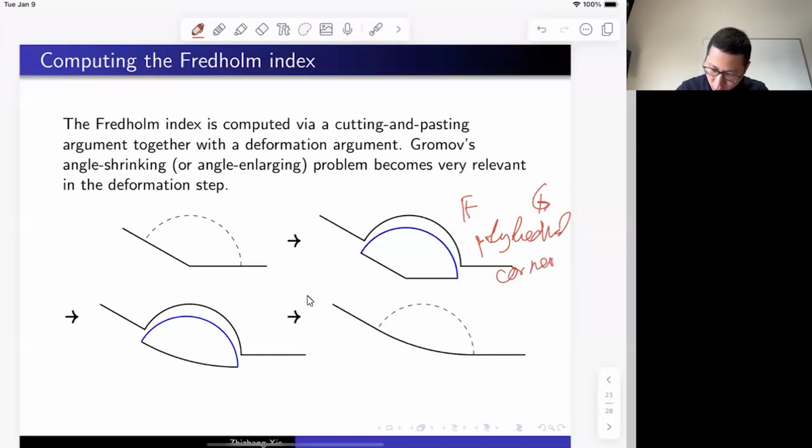Two polyhedral corners, but they have different shapes. So if this angle enlarging problem is true geometrically, then this deformation process would allow me to change G through this deformation process while keeping the Fredholm index the same to a standard case, which means G becomes the same as F. And now, when it's in the standard case, actually you can compute the Fredholm index by hand,